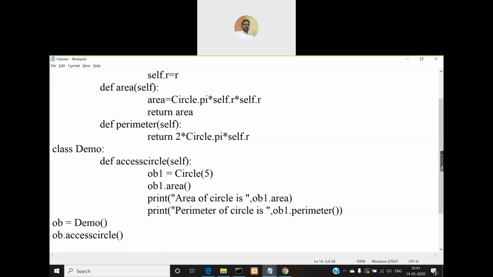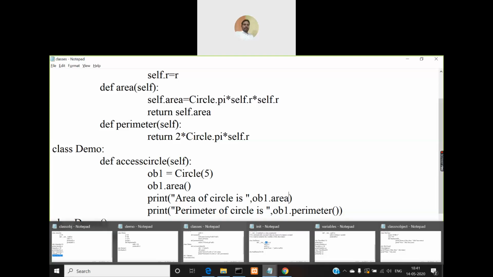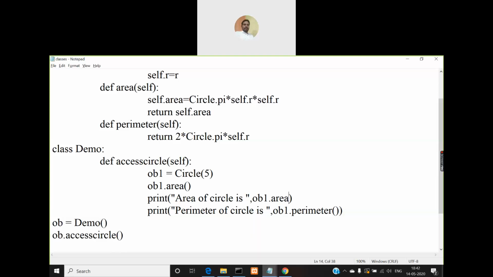If you want to refer to that variable area like this, then you must use the self keyword here, self.area. Fine. So if you are not using self.area, then you cannot access it like this. You can call the method and the method will return the value. Fine.